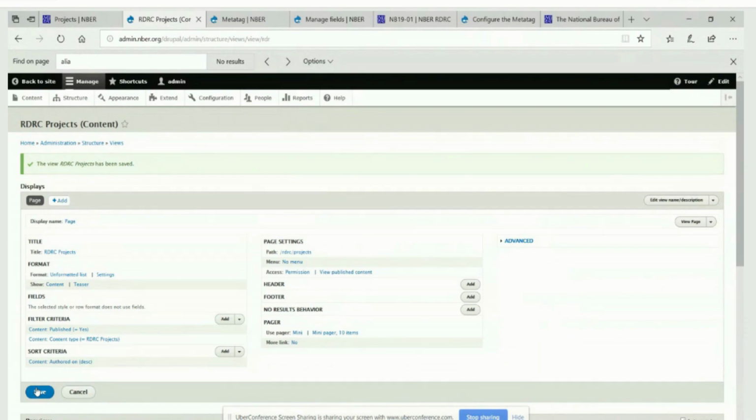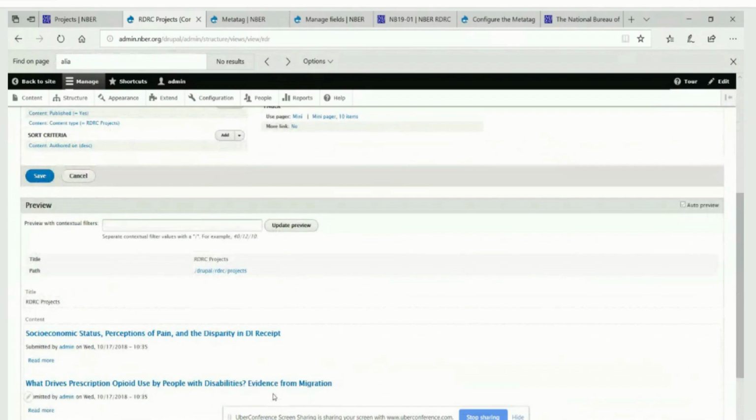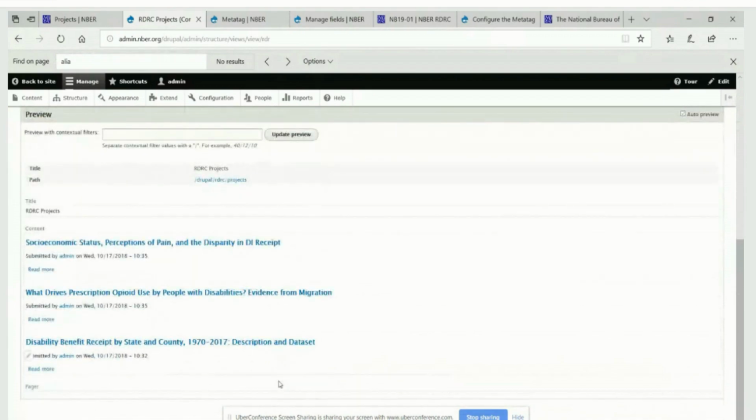But okay, so we're creating an unformatted list of settings, and what's happening, if you scroll down, you should be able to see a preview here. Do you see how we have the 3 pieces of content we created? If you scroll down, it's listing that content automatically for us, in just a basic teaser content view. We want a little more control over it than that. So if you scroll up a little bit,